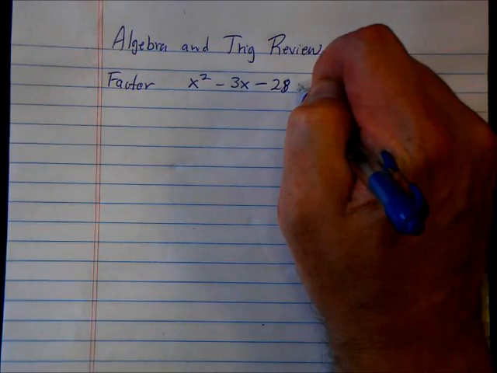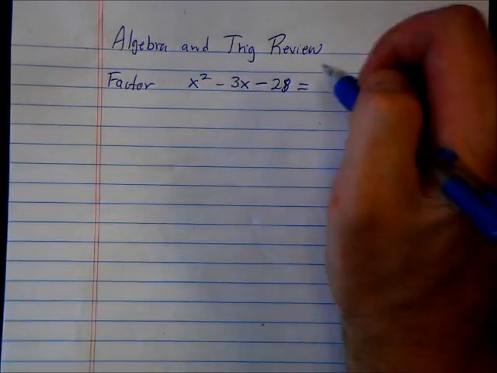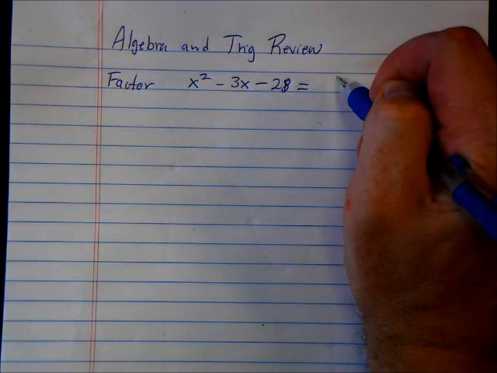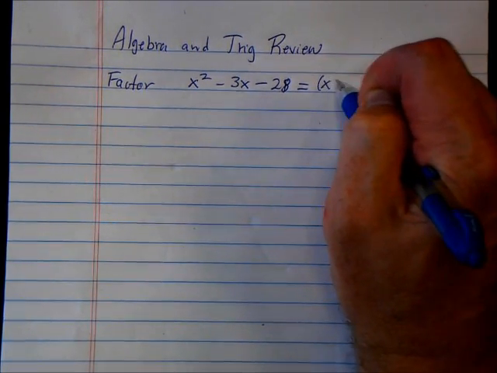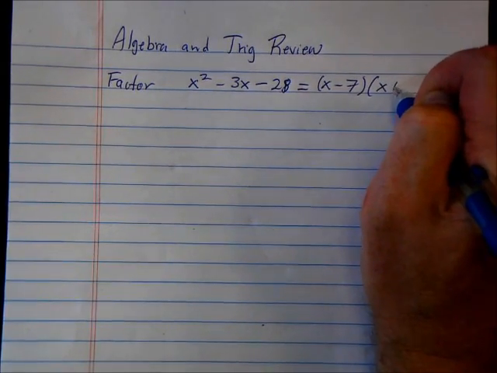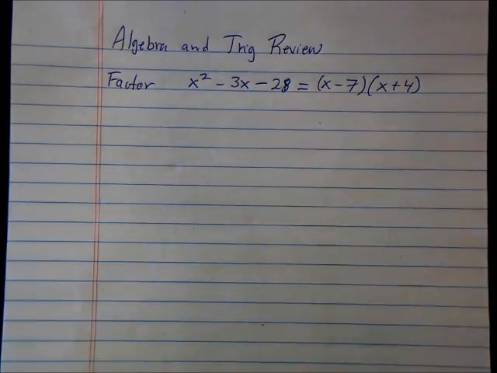Tell me what the answer is. I'm sure that's easier. What's the answer look like? Wait, are you asking what the answer is? Yeah, what's the answer? x minus 4, x plus 7. How about x minus 7, x plus 4? So how did we write that? What does it mean to factor? We wrote that as a